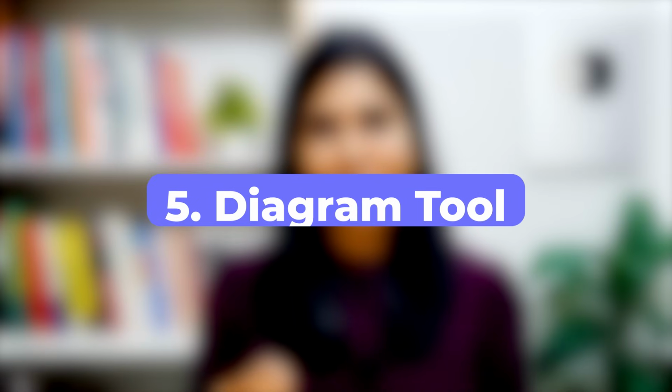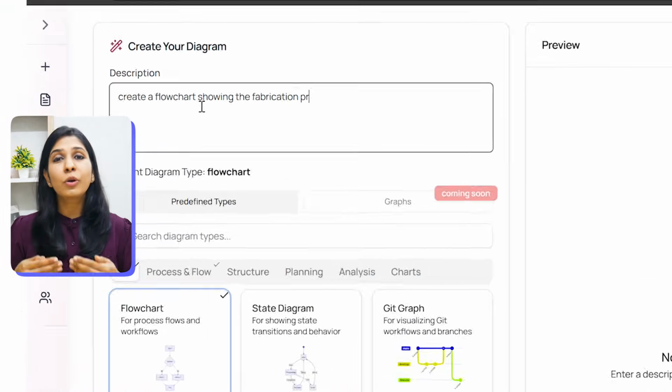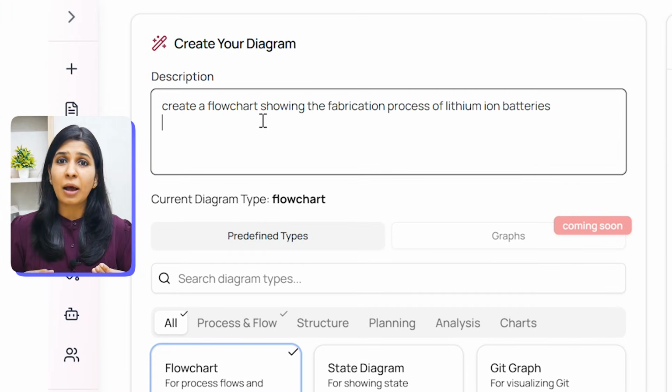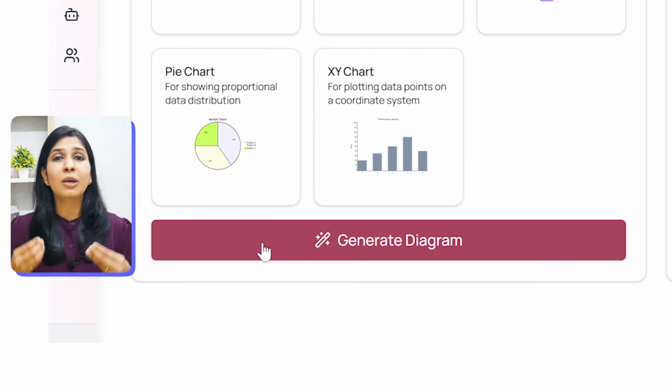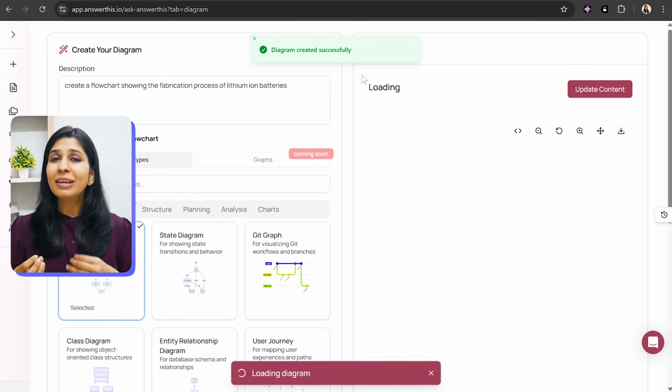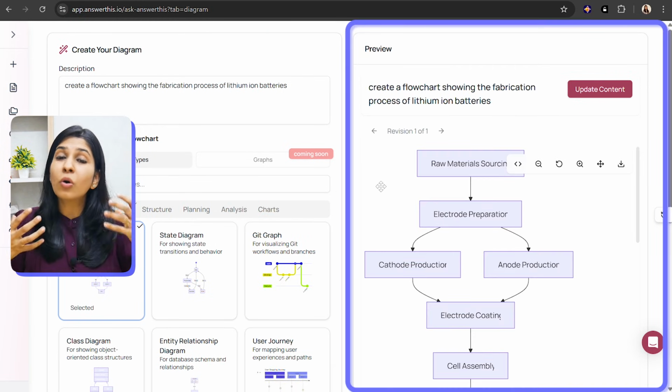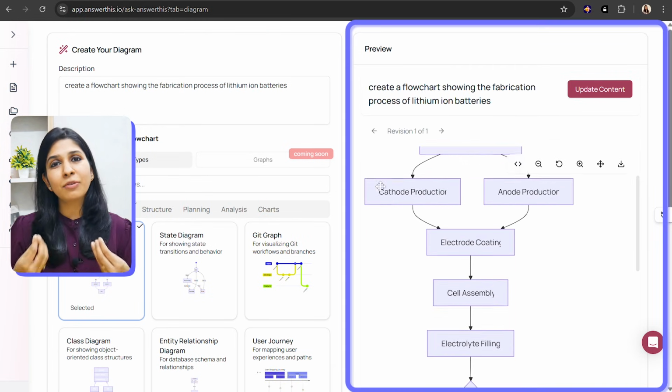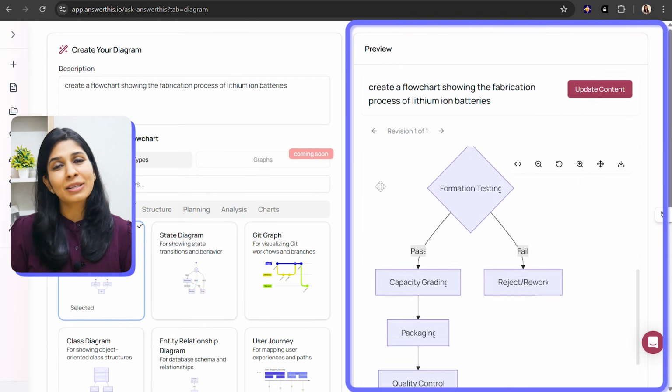Now, the final tool I'd like to share with you is the diagram tool. To further support your writing, you can also use the diagram tool, for example, to explain your methodology or summarize the workflow. Although not of super great quality, it can instantly turn your concepts or thought process into visuals and flowcharts without having to use a separate software.